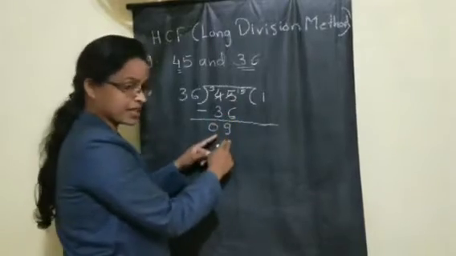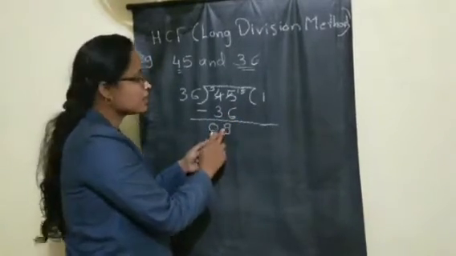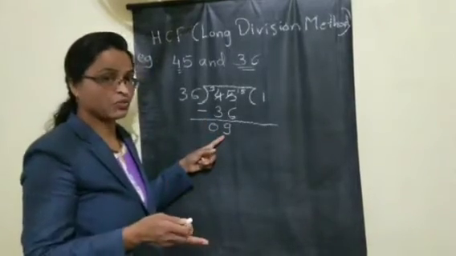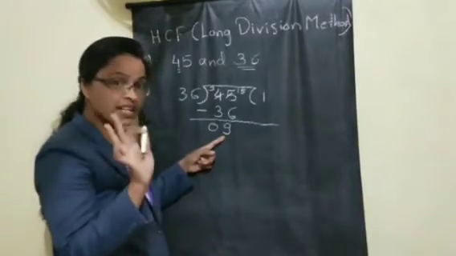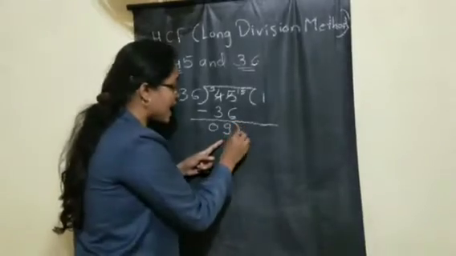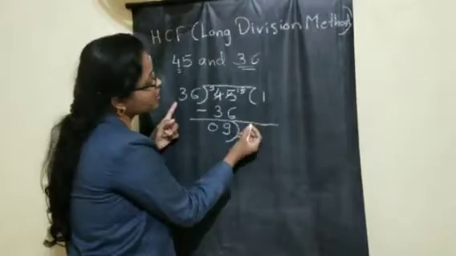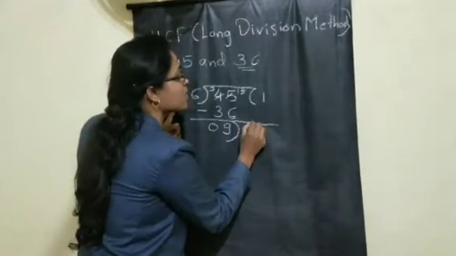After doing the subtraction, whatever answer we get here, that will be our new divisor. What is it? New divisor. Now don't consider it as a remainder and all. This is our new divisor. And children, our old divisor is our new dividend. Like this we have to solve these problems now.